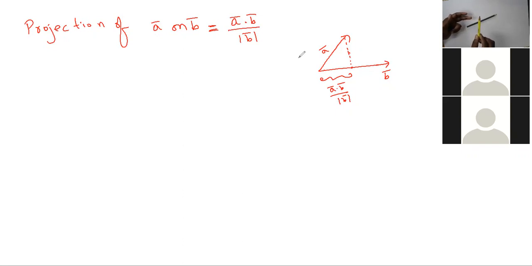So any two vectors are always coplanar. Vectors, we always mean free vectors. If you consider these two as free vectors, then they are coplanar. If you consider them as localized vectors, they may or may not be coplanar. Suppose if you consider them as localized vectors, they are not coplanar now. But if you consider them as free vectors, then they are coplanar. How are free vectors coplanar? When it is a free vector, it is independent of its initial point.